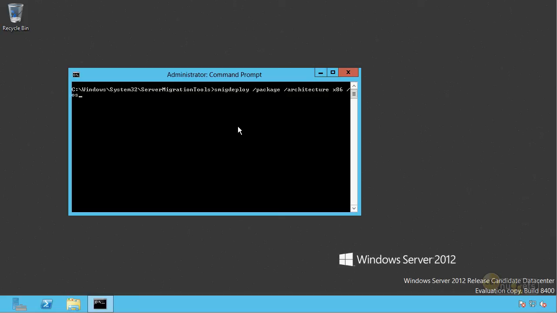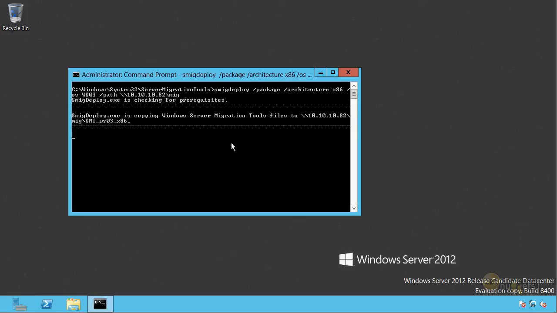and then an OS would be WS. I seem to have lost my mouse. Okay, WS. Why isn't it taking any input? There it is. For some reason, it wouldn't take any input when I was typing here. But WS03, then /path, and then you can specify a local path on this local Windows Server 2012 server, if you like, and then you can sneakernet it over to the other machine or use a network transfer, something like that. Or, if you want to, you can directly use a UNC path. I think it's on this IP address. Hopefully I'm right. And it's in the migration folder there.